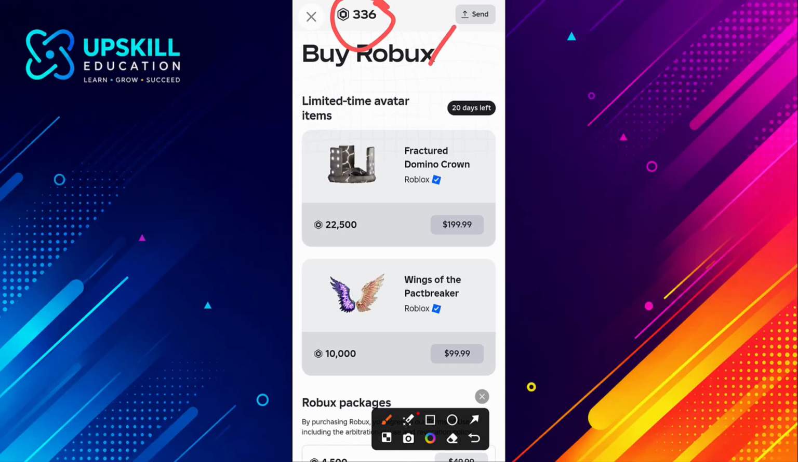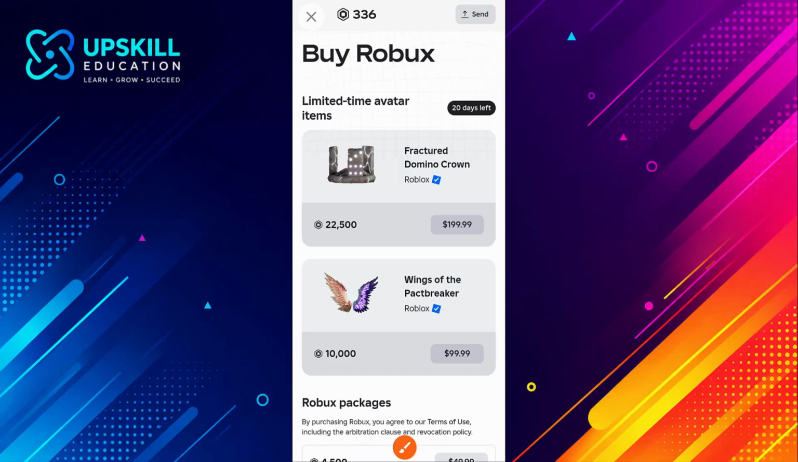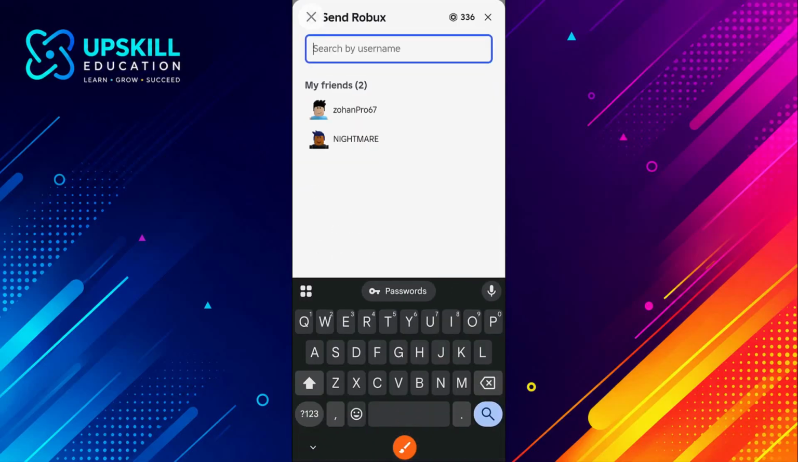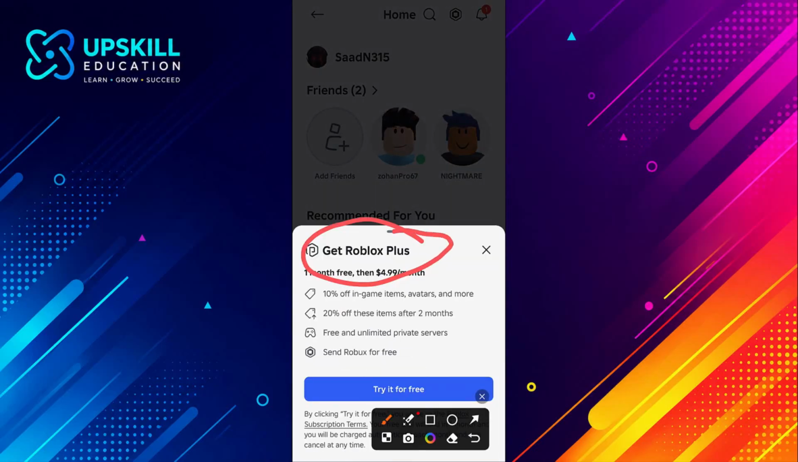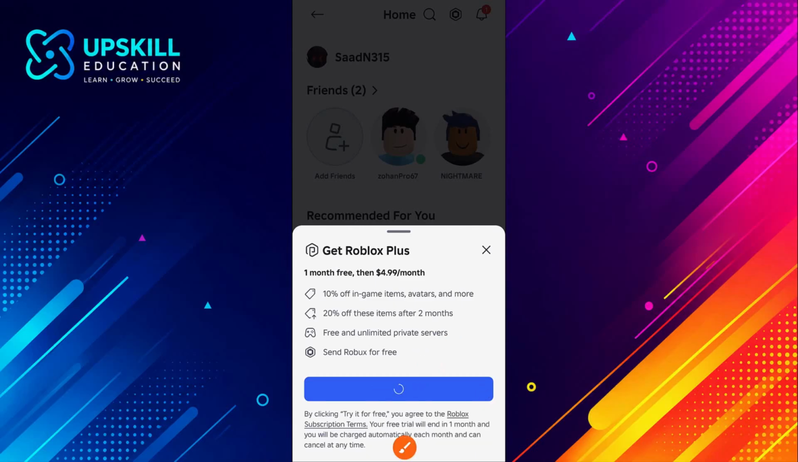What we can do is, on the right hand corner, we have this send icon. So once we click on send, it shows us the username. For example, I want to transfer it to my friend. I'll choose the friend, but it says that you need to have a Roblox Plus account, which costs us $4.99 per month. But as you can see down here, we can get it for free for 1 month. So let's try it. Click on try it for free,